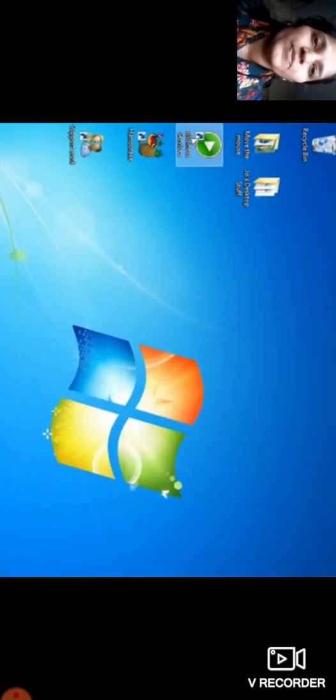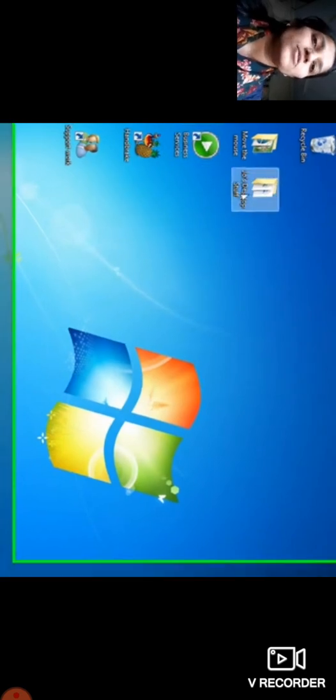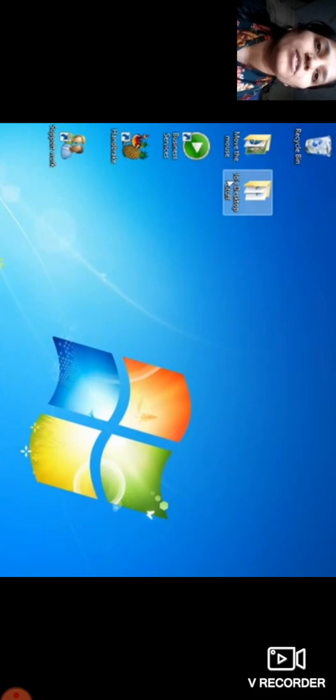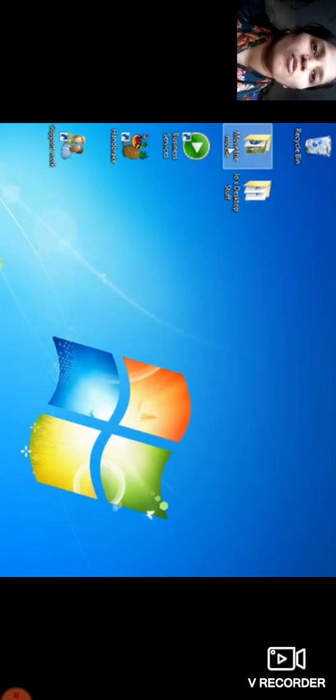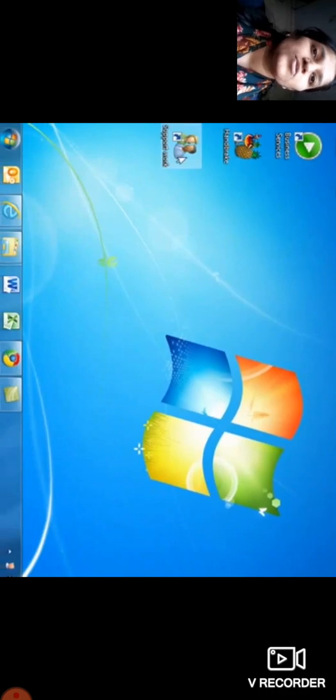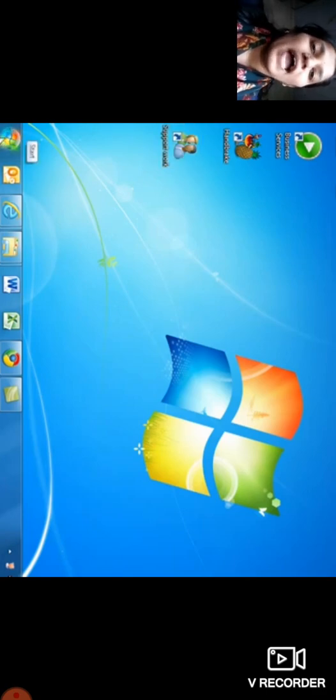Suppose this one, business services, or this one, if you have to make the shortcut, then you just have to go on that folder. So you are going to select your folder in My Computer. You are going to right click on that. So suppose here desktop, or move the mouse. There are so many folders we can see on the desktop. So what we have to do, we just have to go on that folder. So in My Computer, you are going to go on your folder, that is my activity.